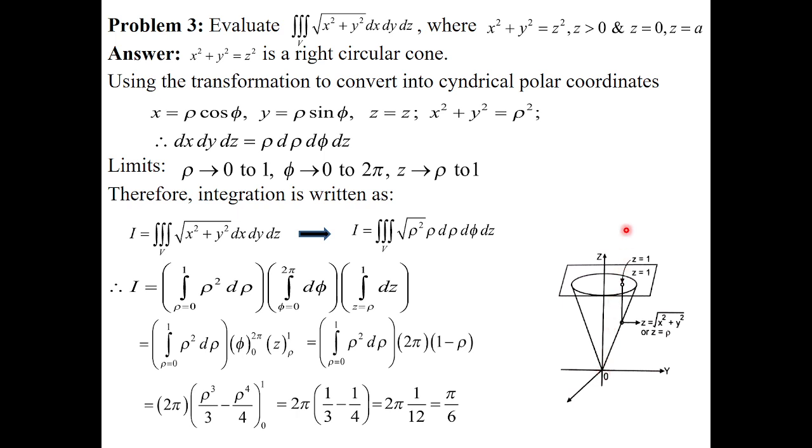Now it can be extended up to infinity, but we are giving a bound here. हमने यहाँ पे एक bound दे दिया है that z it is equals to 1. हाँ, यहाँ पे a लिया है but z it is equals to 1. So what is the limits for z? Z it is equals to 0 to z equals to 1 मिल जाएगा आपको.